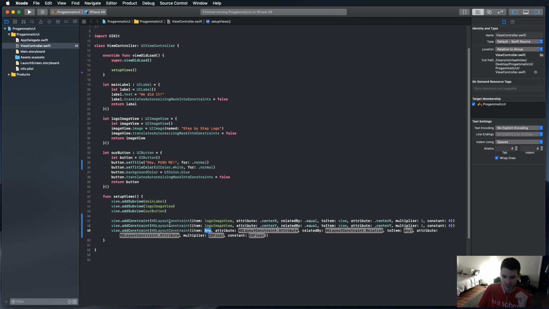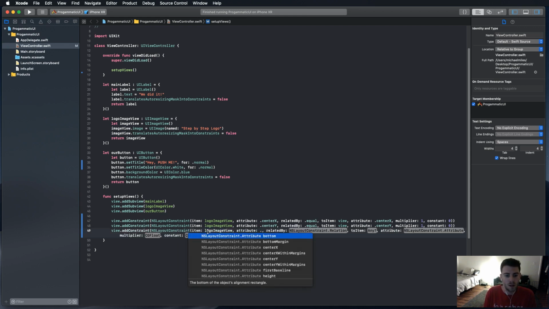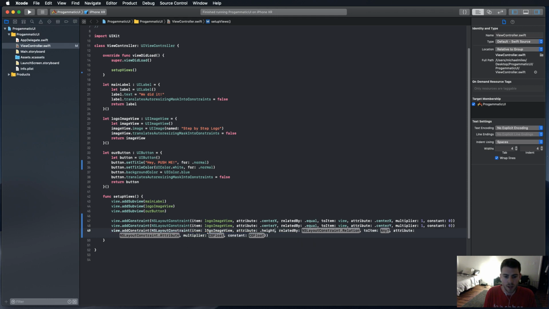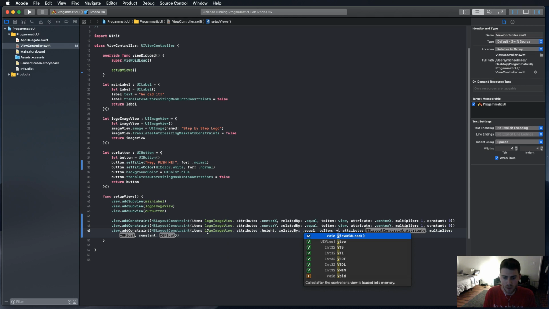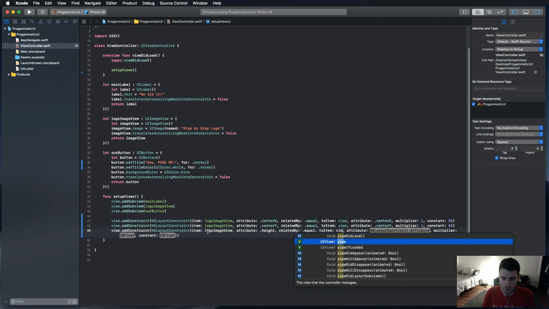The auto layout doesn't care and will override any frame size that you set. So for the item, I'm going to go logo image view, attribute height, related by equal, view,